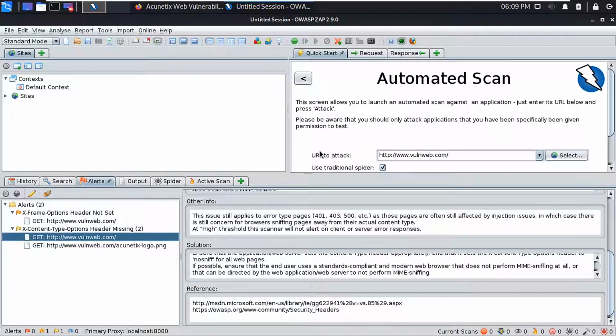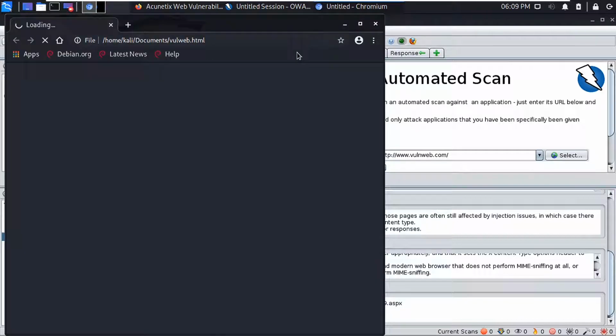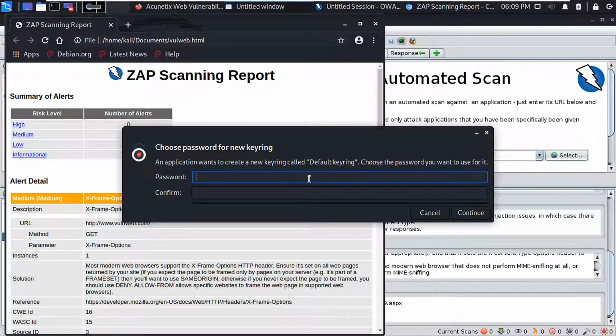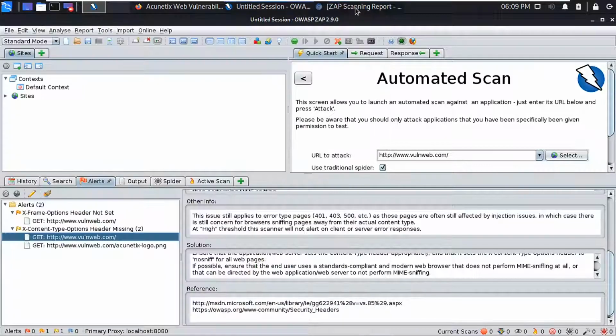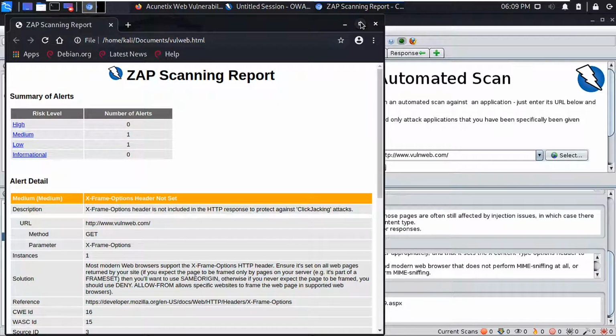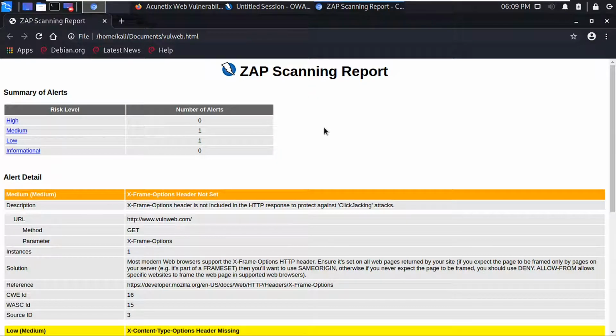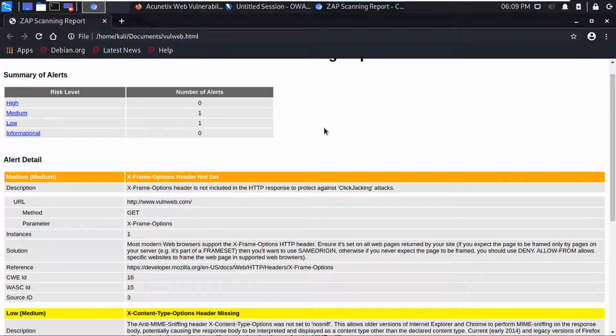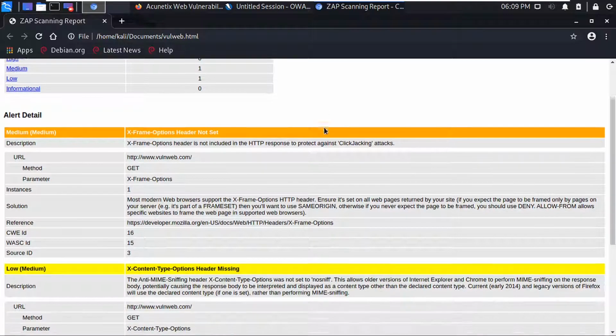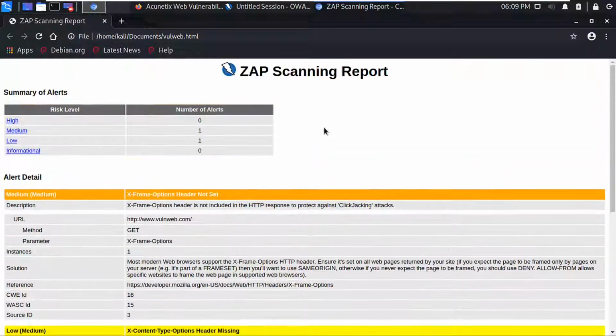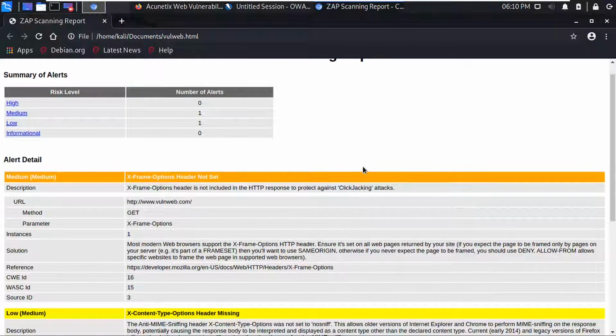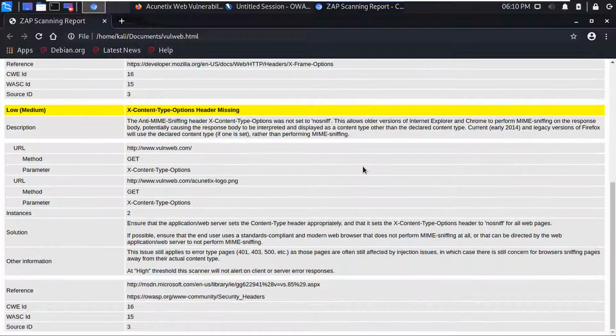So it will save the scan result, the list of vulnerabilities, and open up inside of a browser. So let us open it, and here you can see the Zap scanning report, and it is an HTML file, and we had a medium vulnerability, one low risk vulnerability, and the details of the vulnerabilities are also given here.